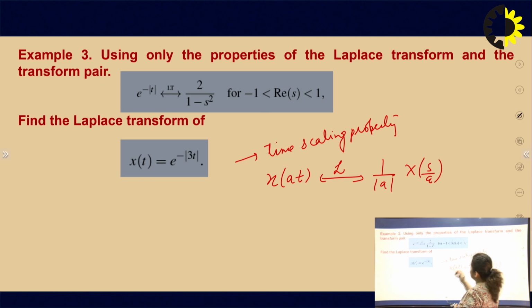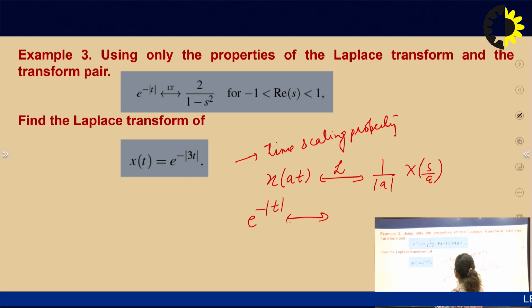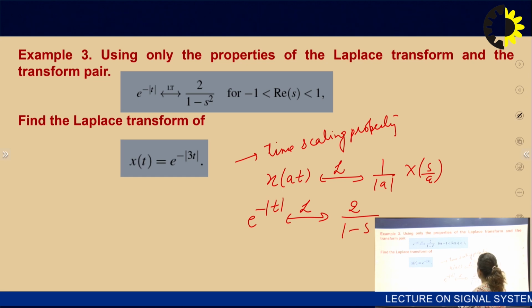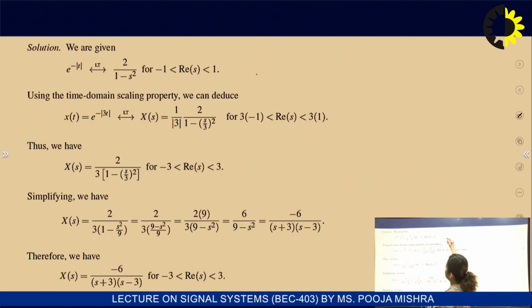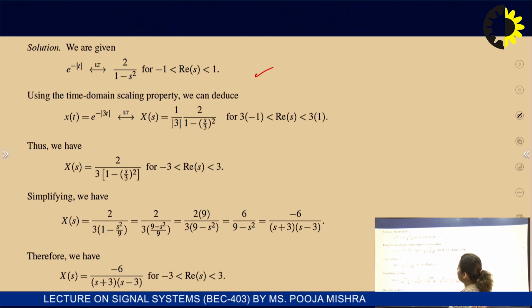We can easily see that we know e to the power minus mod t, the Laplace transform of that. In the earlier question also we have used this, that is 2 upon 1 minus s square, where real of s is greater than minus 1 and less than 1. So how to solve this? We can easily solve this by using this formula again, and then we use the time domain scaling property,